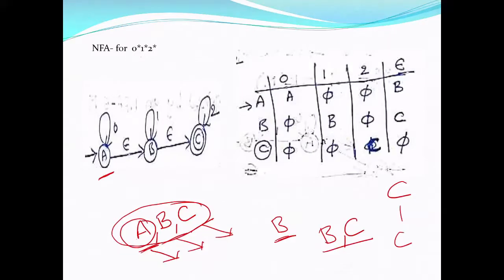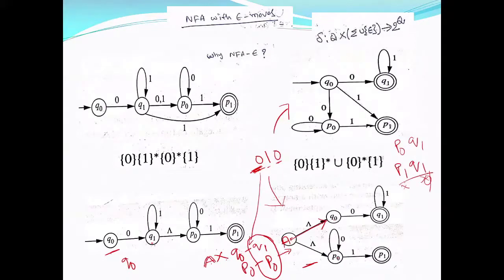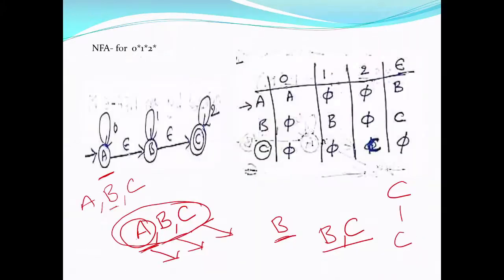For example, if I want to calculate the epsilon closure of A, first I will include A. Every element of P is in P's epsilon closure. Then delta of A on epsilon is B, so I have added B. Now this is a new thing added, so delta of B on epsilon is C, so C is added. That is how I have calculated. If I calculate for Q0, I include Q0, and on epsilon there is nothing, so this is your epsilon closure of Q0. So you can do anything.